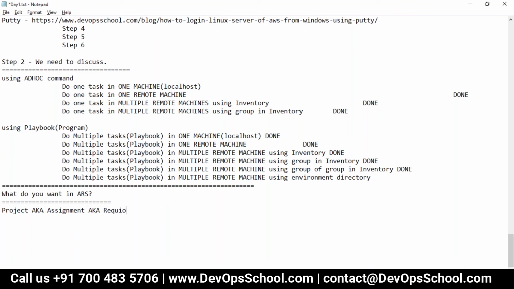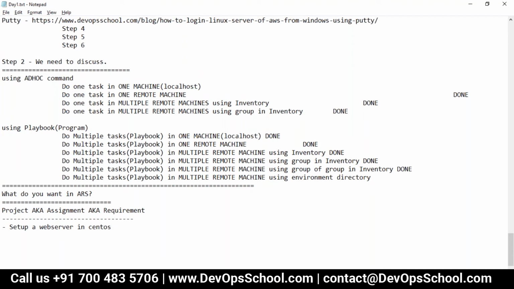Get this requirement first and then convert it into pseudocode. So my requirement is: set up a web server, a simple requirement, on a CentOS machine. This is my requirement.